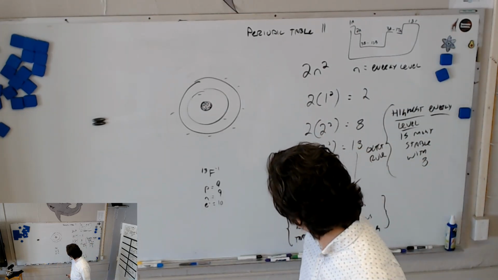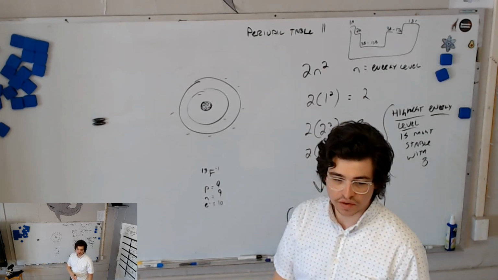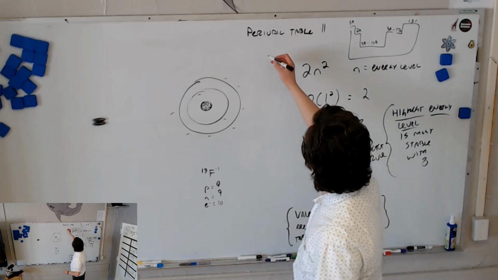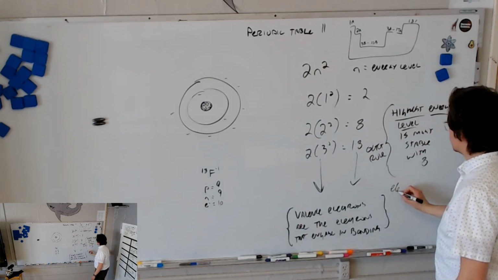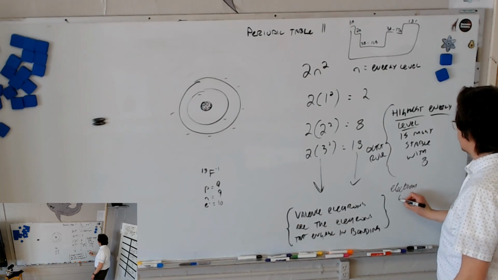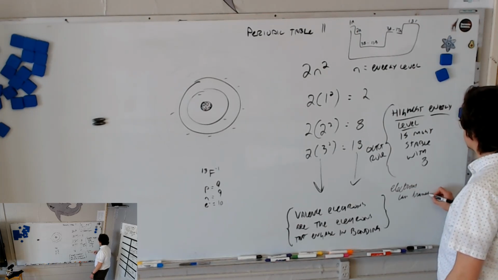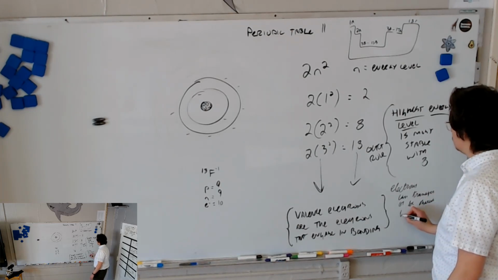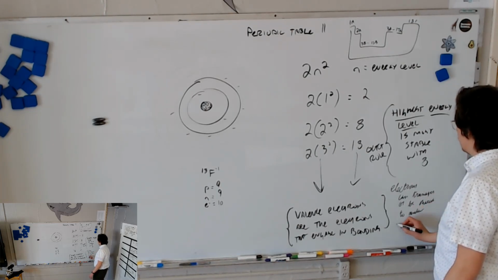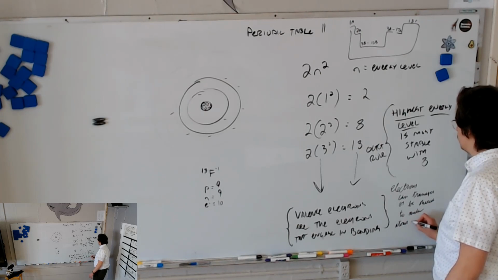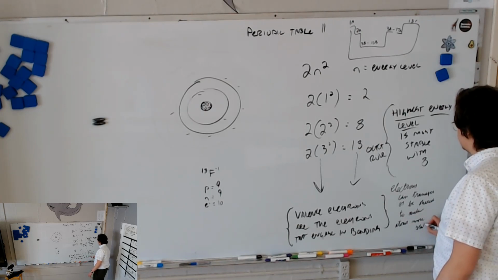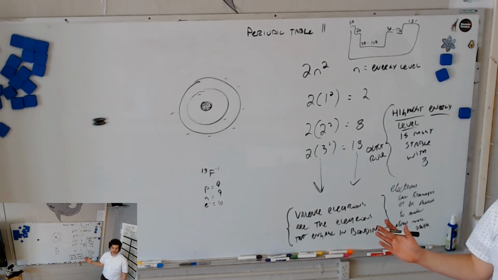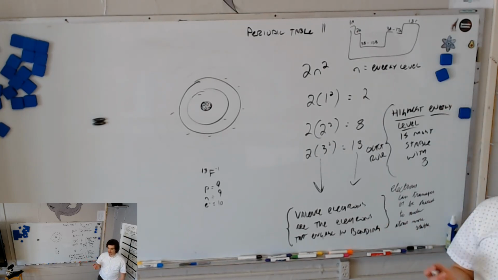Electrons can be transferred or shared. This is getting into the next chapter, but electrons can transfer or be shared to make atoms more stable. Write it down, please, Ellie. So that answers the why. Why does it want another electron? To become more stable. Now how does it get another electron?